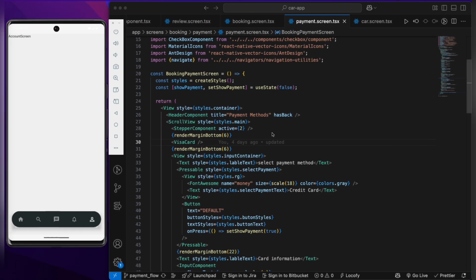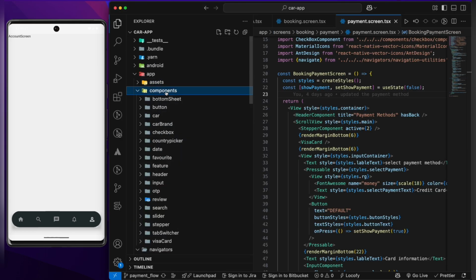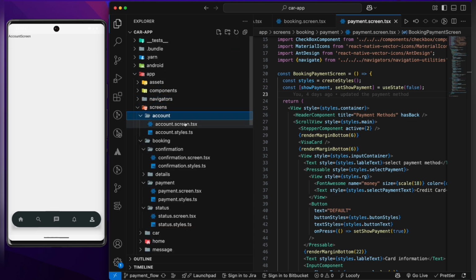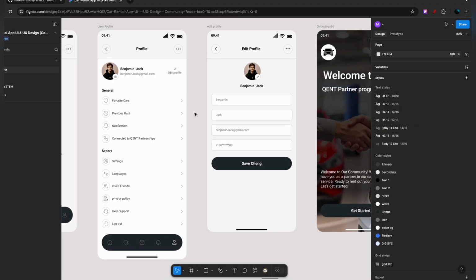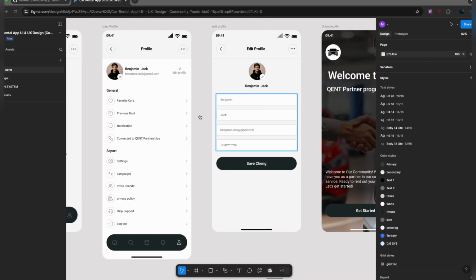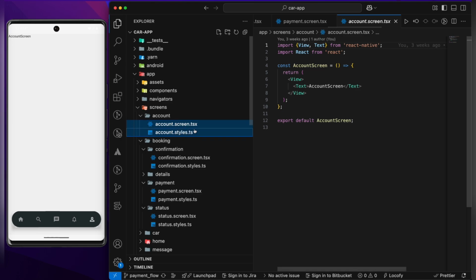So let's add another screen over here. If you close the asset and then this navigation, in the screens we have this account folder, which has the account screen and account styles. In our project we have not named this as a profile, we have named this as an account. So over here we can create a profile screen to show this data and then an edit screen to edit the profile. So let's delete this